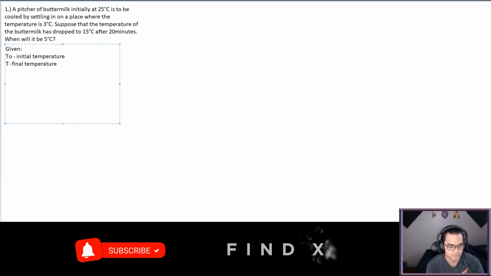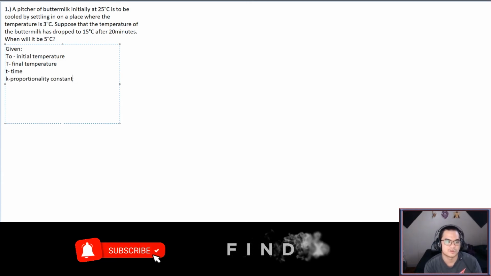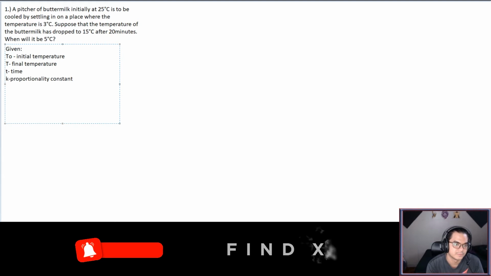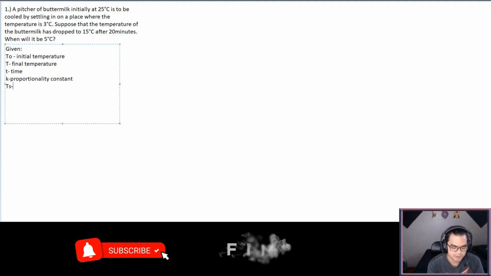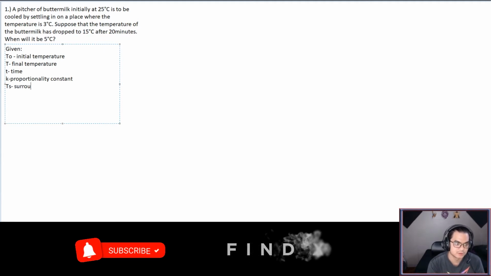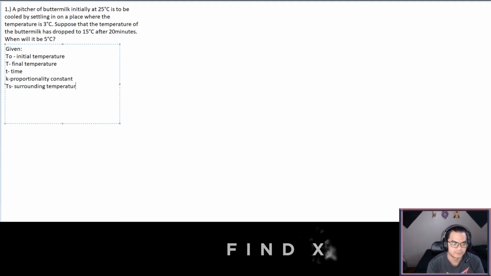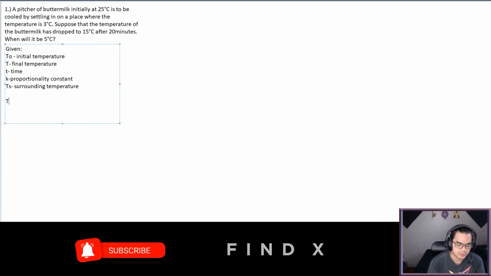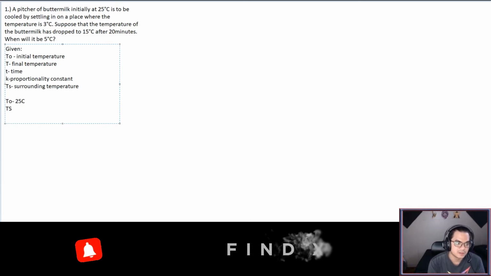Temperature, of course. T is your time. K is the proportionality constant. And what else? I think that's it. Oh, TS. TS is your surrounding temperature. Now, going back to the given, we have TO, which is the 25 degrees, and then settling on a